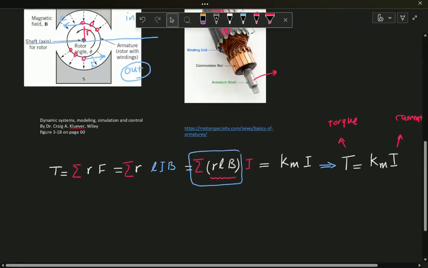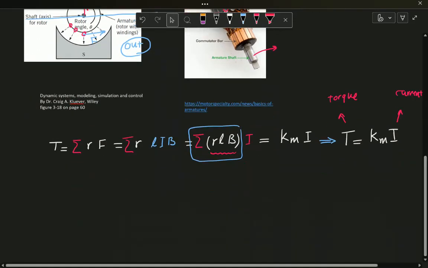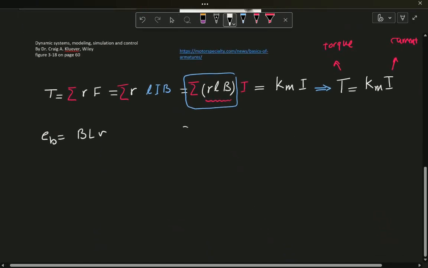Guys, note that the minute that any of these wires start to move, you're going to have back electromotive voltage. So the minute that you have a motion for these guys, then you have a back electromotive voltage, and that back electromotive voltage is going to be BLV. Now, look at this. This is your rotor, and the velocity of each of these wires is basically shown with this guy,